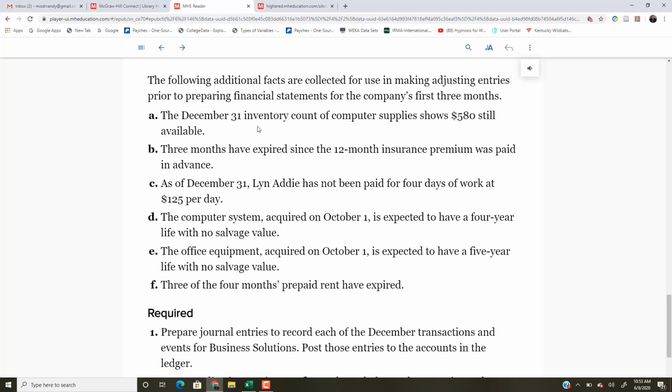Okay, so the December 31st, and this is A, if you're trying to follow along in your book, the December 31st inventory count of computer supplies shows $580 still available. All right, so what does that mean? Well, that means that of all of those supplies that we bought, we only have $580 worth still in the cabinet. And if you think about that, that probably makes sense because we're spending about $1,100 to $1,200 a month on computer supplies. So we're buying the supplies, we're using them up, and now when we went and we counted